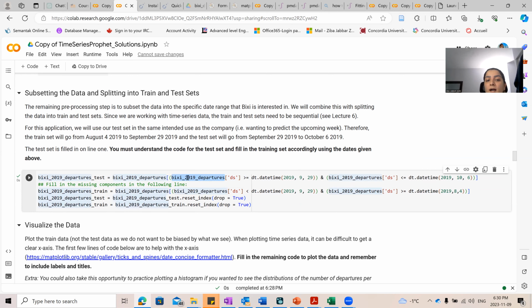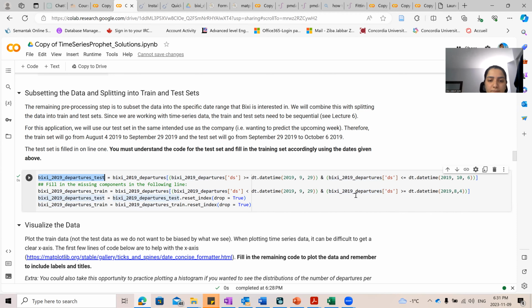Like this. I want the departure, the BigC 2019 departure, which is my ultimate data frame. I'm going to filter the data stamps column that includes date and time. I want those rows that are greater than September 29 and less than October 6 to form my test set. Okay, so it's just going to split the data frame in two portions,